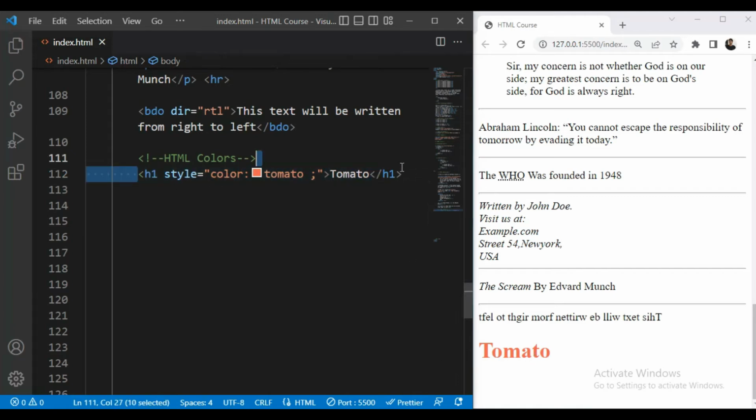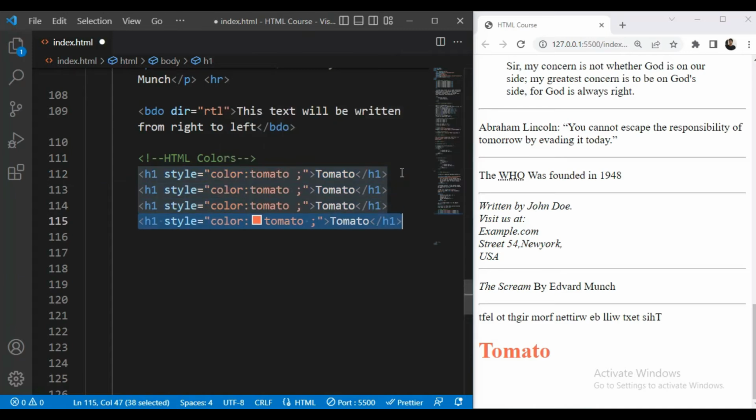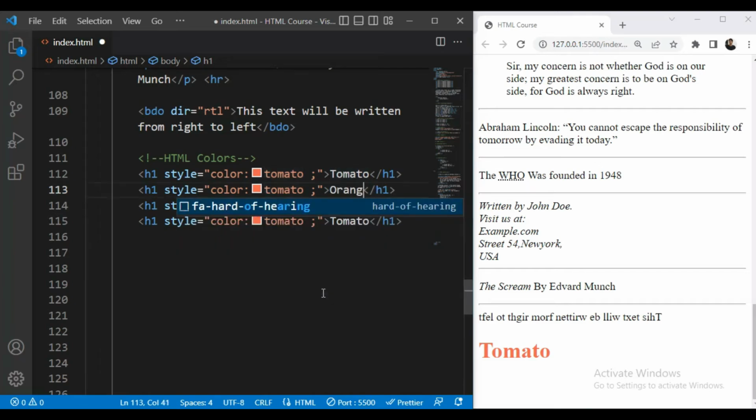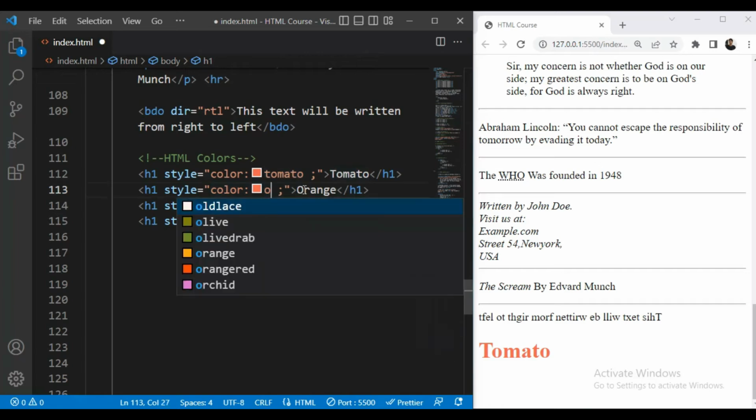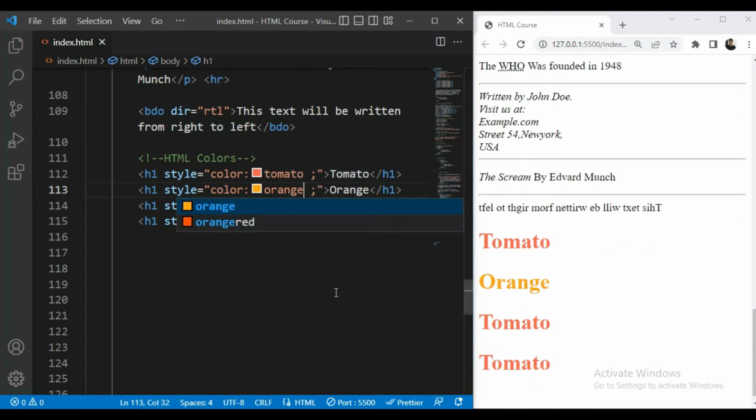I will copy this a few more times. Here we will give, for example, orange, and we will give it the color orange. Now you can see orange. Then we will give Dodger blue, and the color will be Dodger blue.